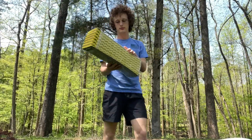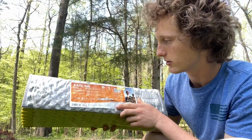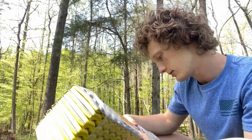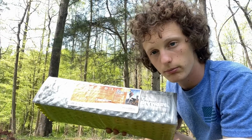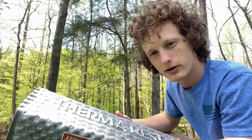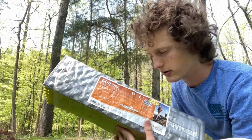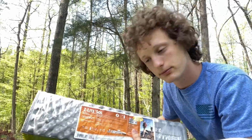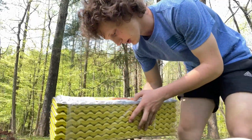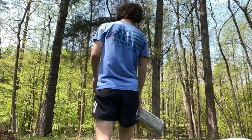my sleeping pad, which is a Z Lite Sol. It's real compact. It's 3/4 of an inch thick. It kept me warm. It's not my favorite because I'm a side sleeper and it hurts my hip sometimes, but don't forget your sleeping pad on your hike. This works great if you do need one. And also it has an R-value of 2.6, so it will keep you very warm. And lastly,